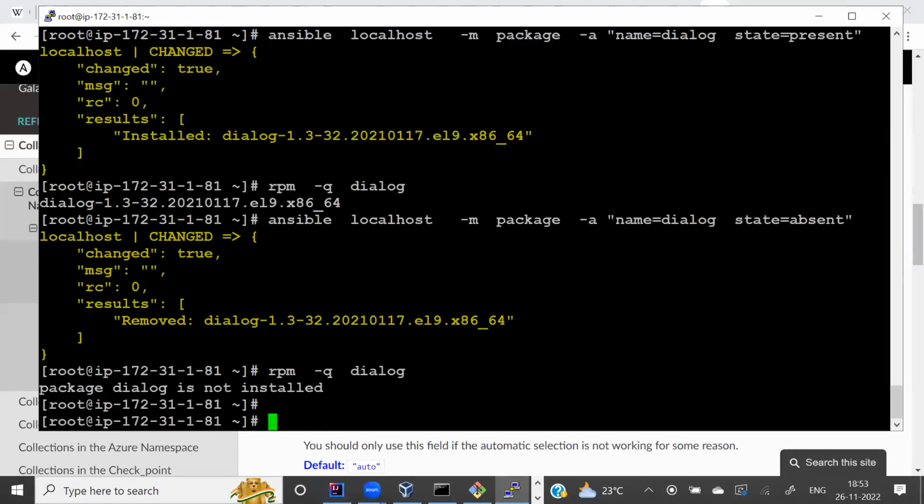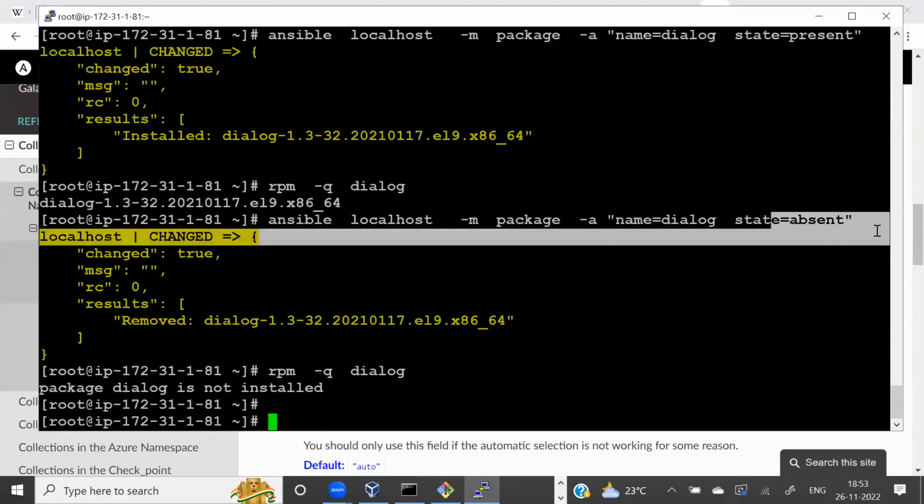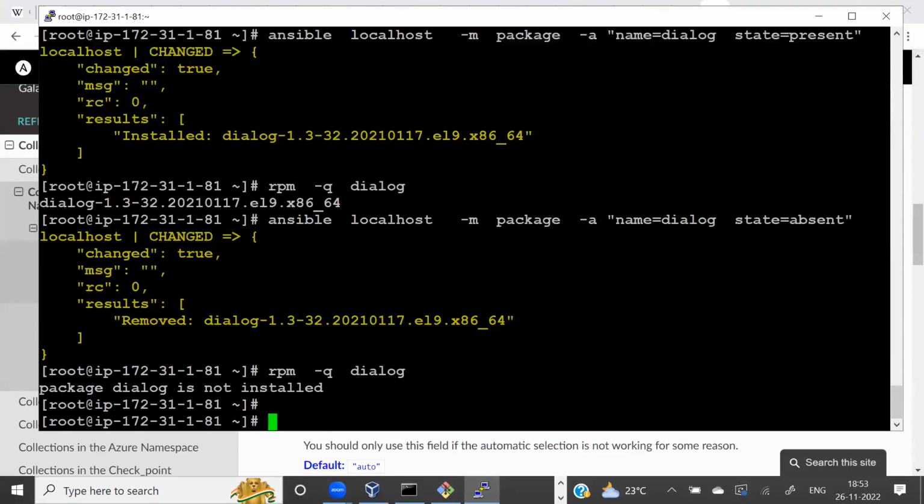Okay, so that is the reason, guys, I'm using this term: we have to declare whatever we want to do. Whatever I want to do on files, software, packages and data, I want it to be absent or present. What is the state we're looking for? The interesting thing is the intelligence of Ansible: we don't have to know the RPM command or the yum command, Ansible does it behind the scenes. We are using RPM just to verify whether things are working, but we should not require it. One more quick demo I'm going to show you.